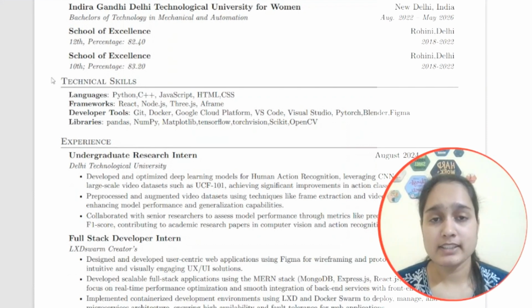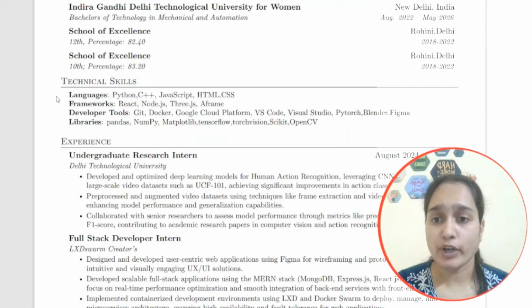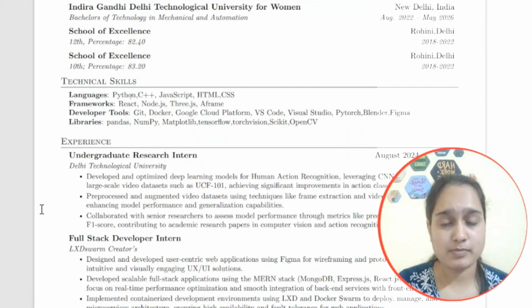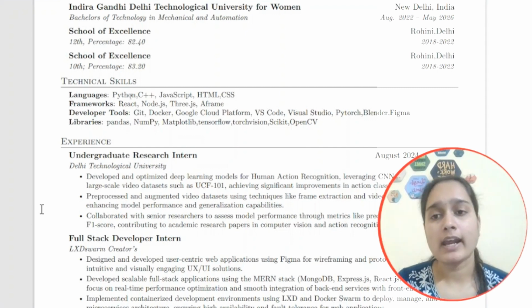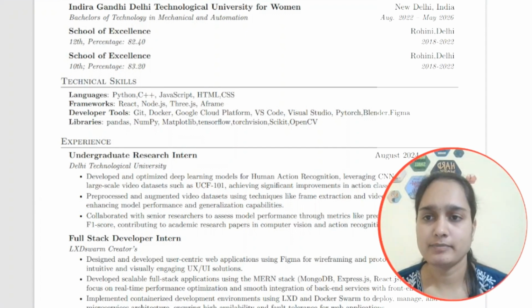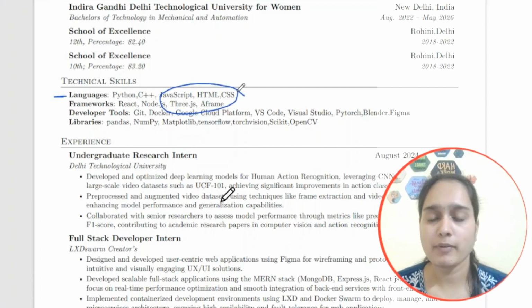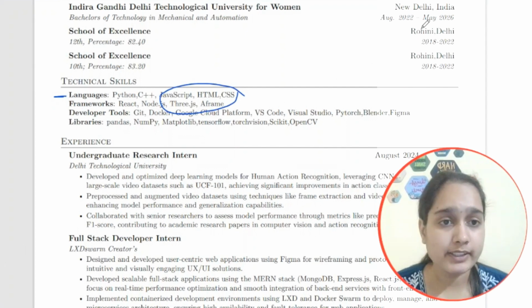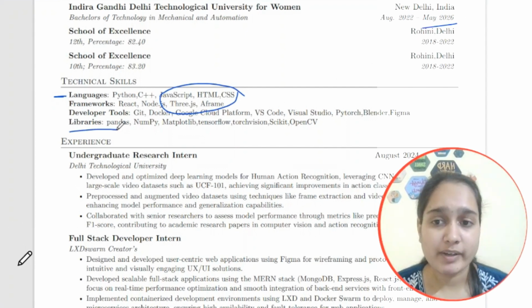Rename technical skills to skills and then write programming languages, Python, C++, and remove JavaScript, HTML, CSS from languages and add it into a new heading. You can make it like web development. Write programming here and shift these to the new heading web development. And since you are in third year, add a CS fundamentals topic also and write DBMS, OOPs, data structures, operating